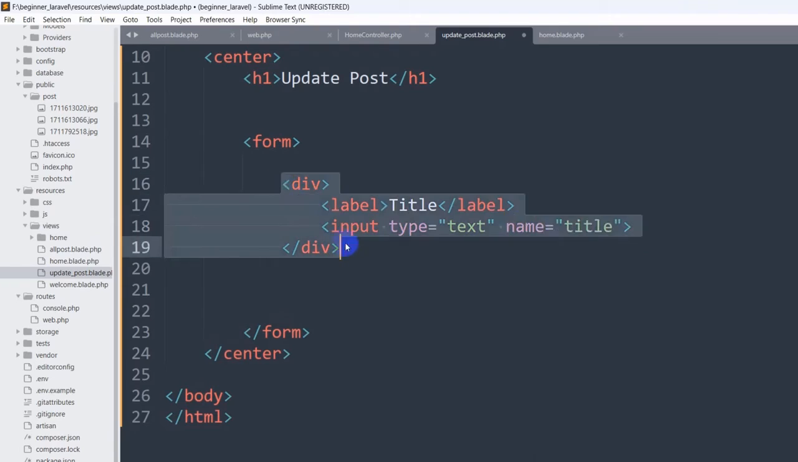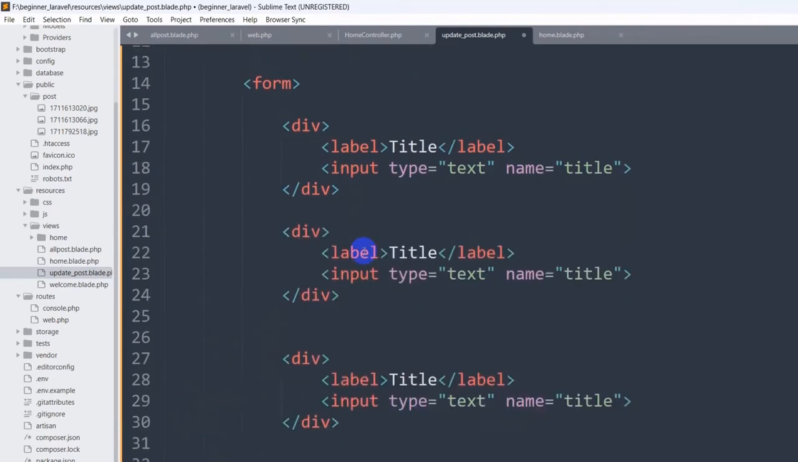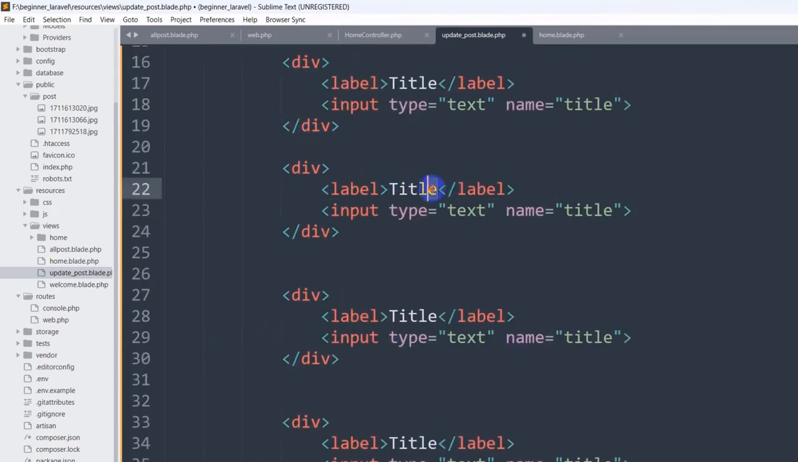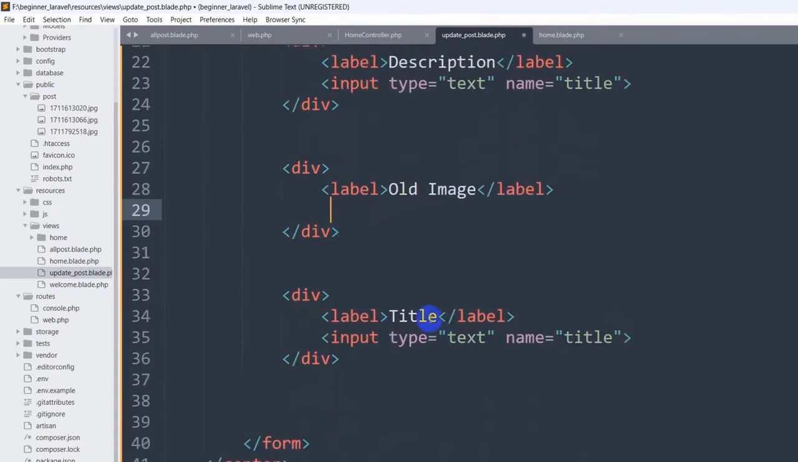So let me just copy this, then paste it over here and here. So this one will be description, and this one will be the, let's say, image. Okay, let's just say over here old image, and we'll show the image from the database table. So we will not use any input field, and here we'll say change image, and for the image the input